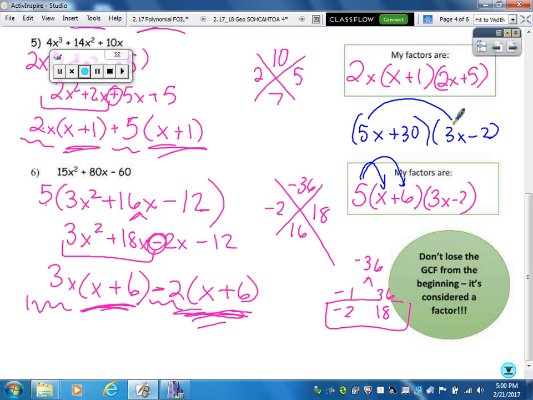So you 5x times the 3x, that's 15x squared. You've got 5x times that negative 2, that's negative 10x. 30 times 3x, that is 90x. Gotta be careful with my math since I've already messed up once. And then positive 30 times negative 2 is negative 60. Double check that right there, that's 80x. And you've got exactly what we started with. So good double check. Alright,